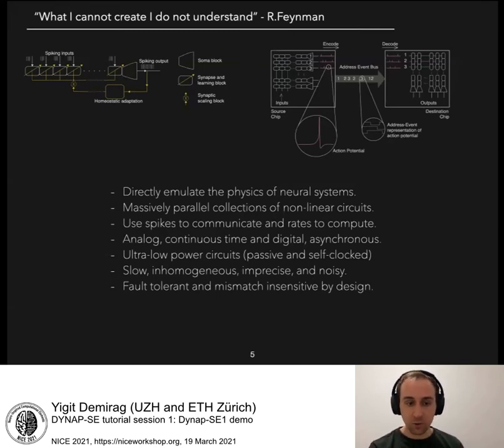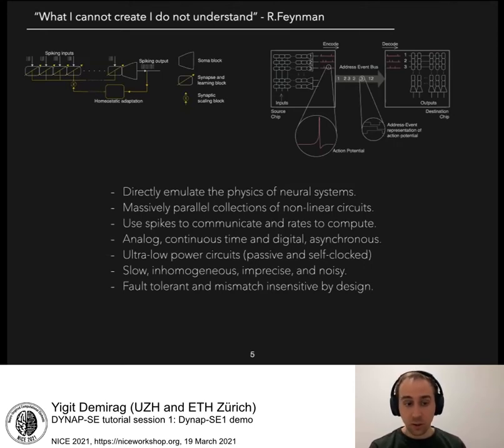So we have analog continuous-time streaming circuits that do the computation, and when the neuron spikes after the computation, we send these spikes digitally across long distances, across different cores, chips, even boards. And most of the circuits here are completely passive. So if there is no signal, it's just a leakage current. And despite this, it is extremely low power, there are no active amplifiers in any of this circuitry.